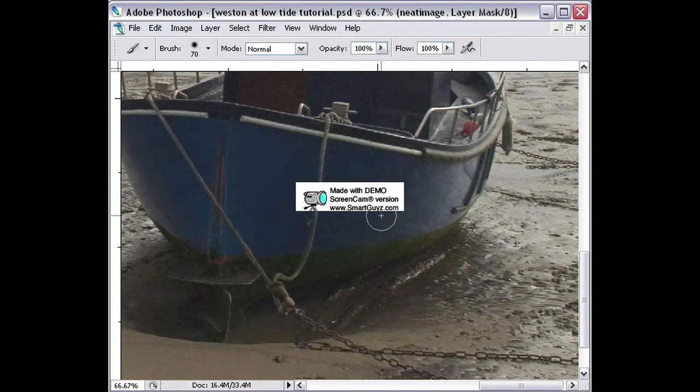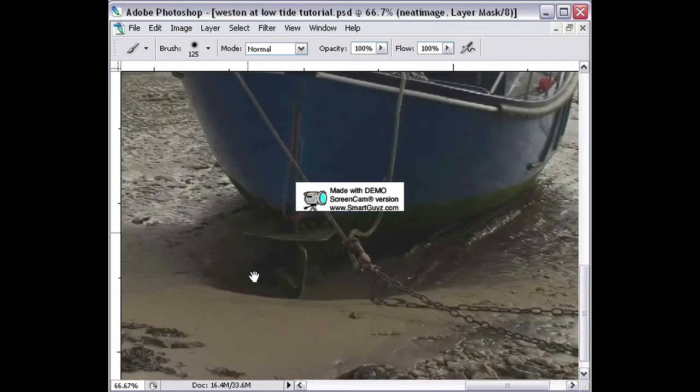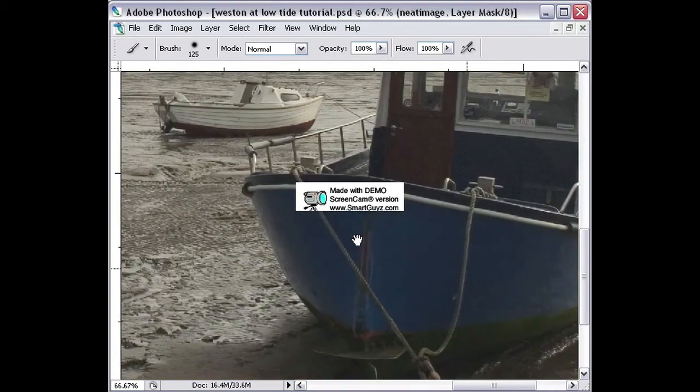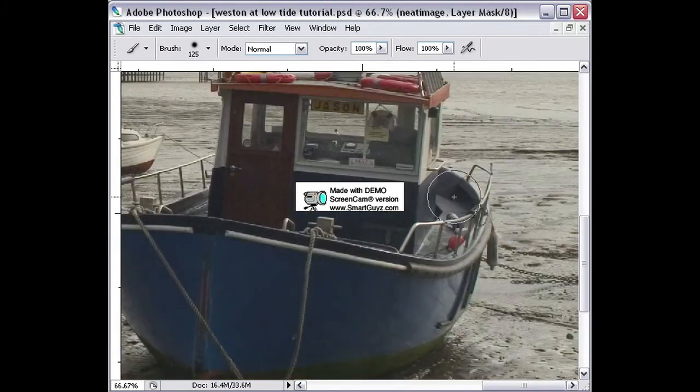And switch back to my brush. Let's get a slightly larger brush, and I'm just going to paint in the Neat Image all over these areas, also into the shadow detail, because noise can sometimes be quite visible in shadow detail. And on the front of the cabin here,